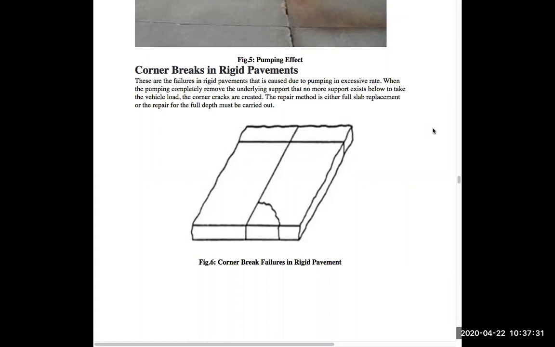Now I think we have finished 40 minutes of our meeting. The remaining failures and remaining concepts I'll be discussing in the next class. So for today, it will be sufficient. We discussed different types of failures. In the coming class, we'll be discussing some more failures and their causes, and we'll study in detail about the joints. What are the different types of joints in module 5? If you have any doubts, you can ask me. 3 minutes are left for me.